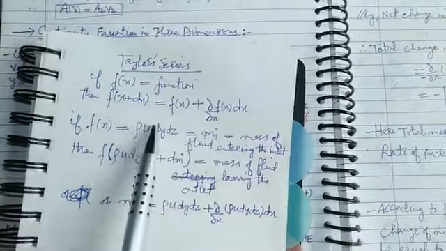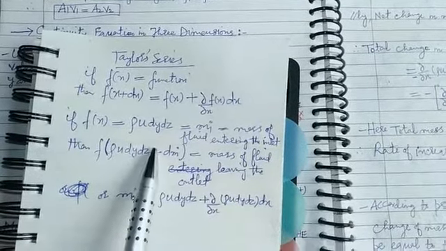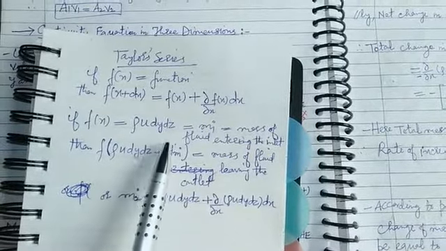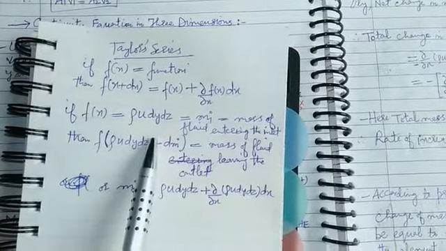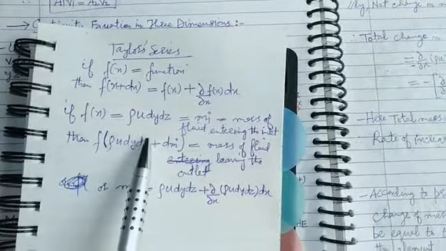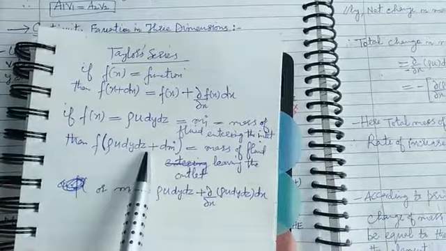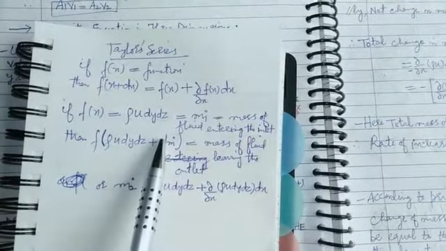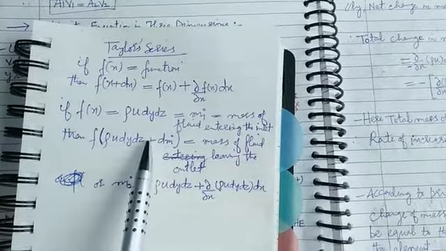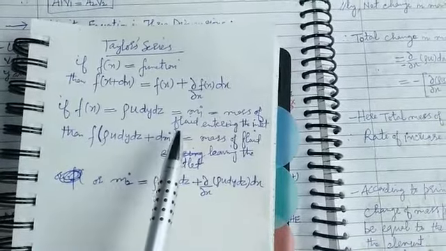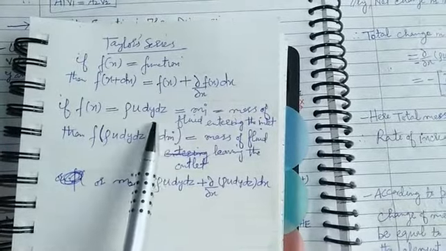So if this Taylor series is applied to this section, that is the right section, the leaving section of the fluid, there will be a gain in the mass of the fluid. So the mass of the fluid coming in through this section will not be equal to the mass of the fluid leaving the section, so there will be a gain in the mass of the fluid. That is why the mass flow rate at outlet will not be equal to the mass flow rate at inlet. The mass flow rate at outlet will be different, and it will be more than the mass flow rate at inlet. So if f of x is equal to rho u dy dz, that is the mass flow rate at inlet,